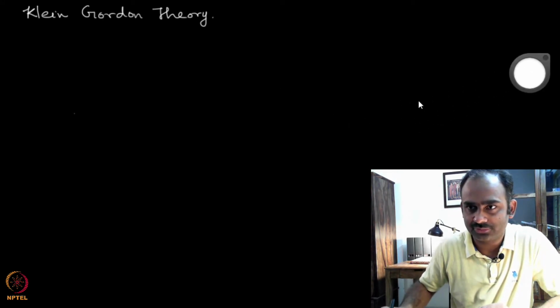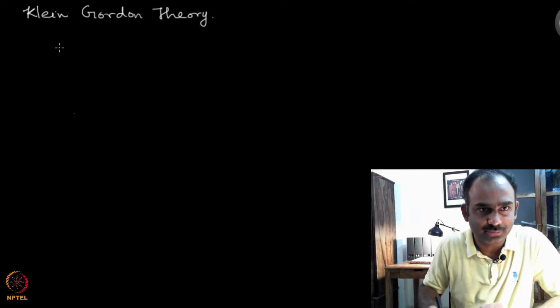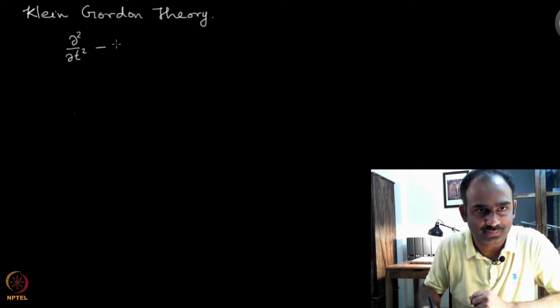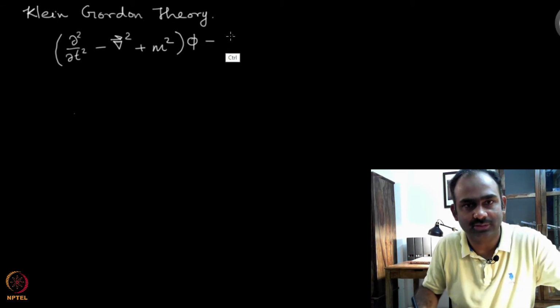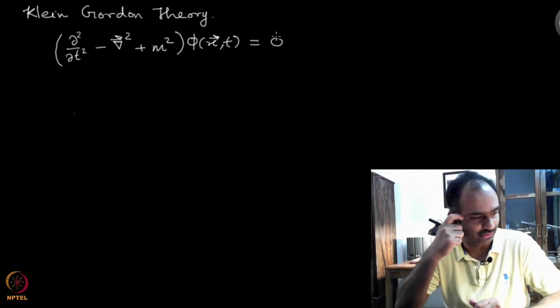So, the equation of motion for this theory is the operator you have acting on the field, phi(x, t), equal to 0. Okay, that is the equation of motion,